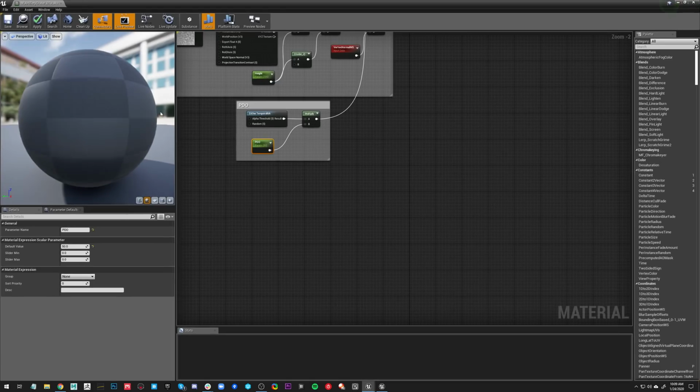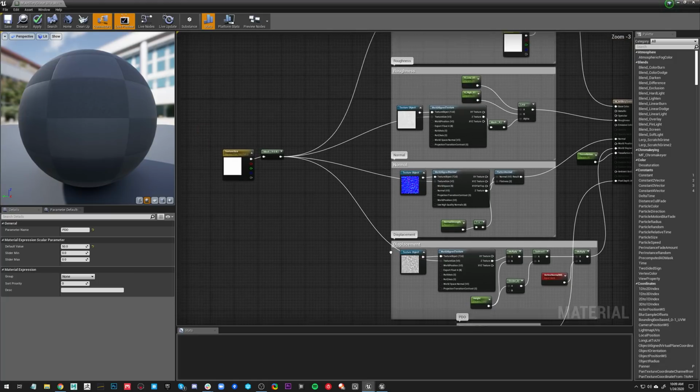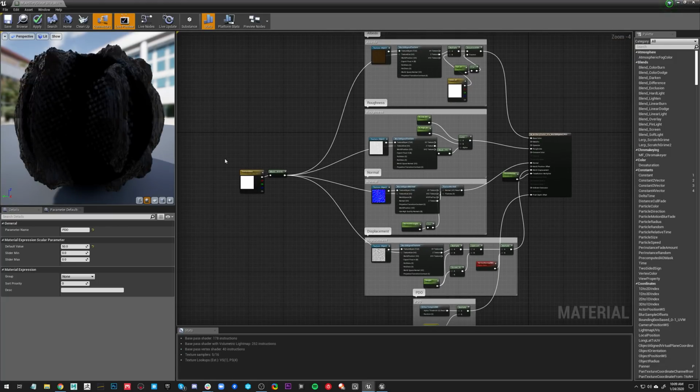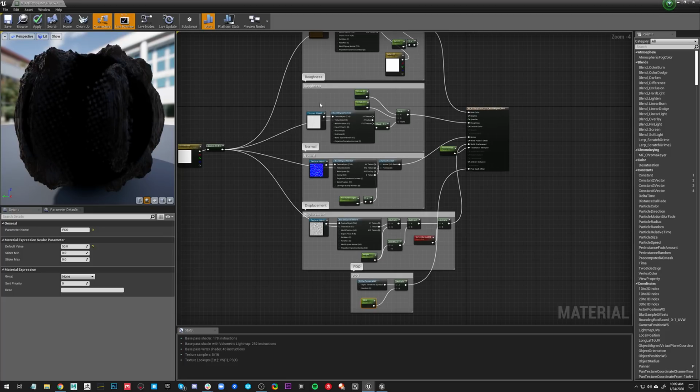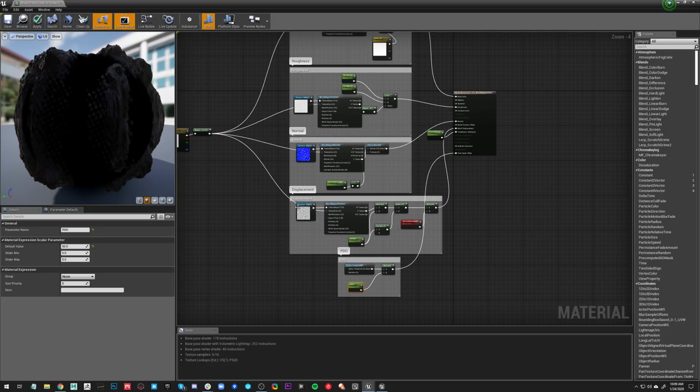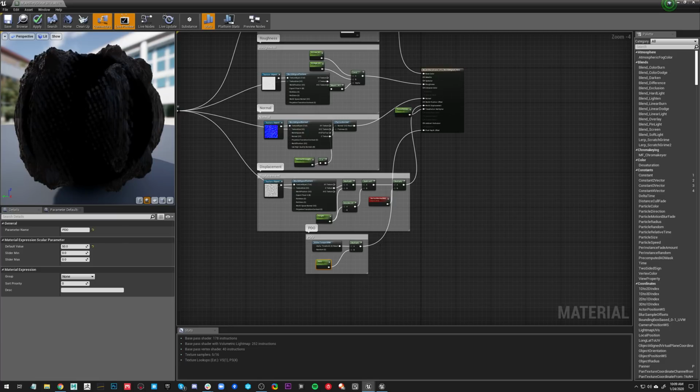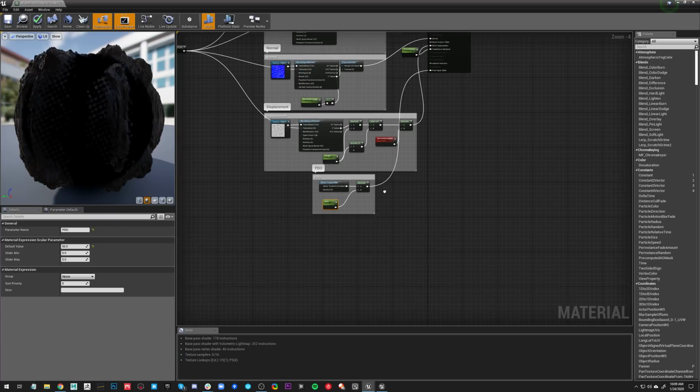So the way we set up pixel depth offset is we can take our previous material, which had the world aligned texture setup. That way our textures are still matching and still tiling across both our craters and our terrain material properly.